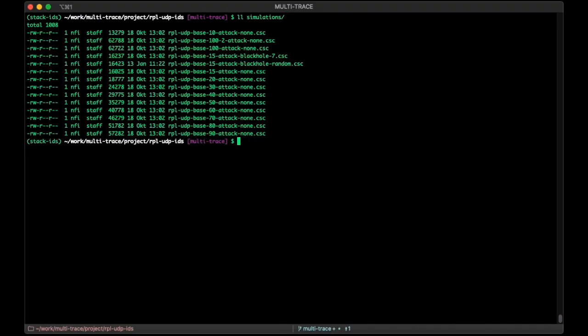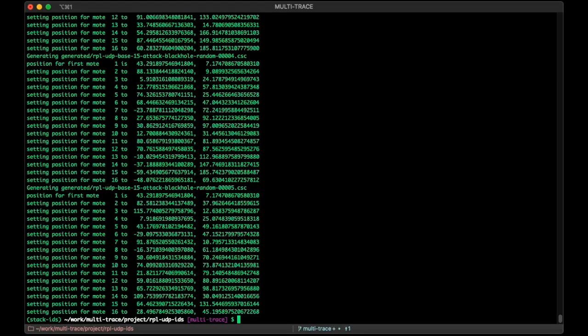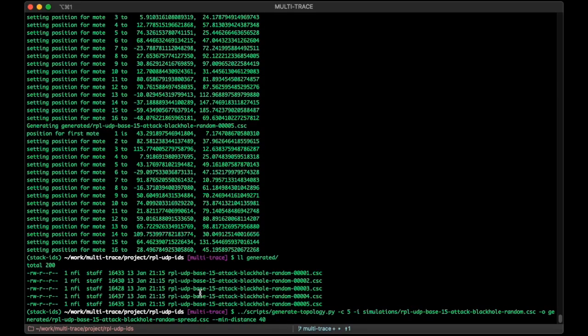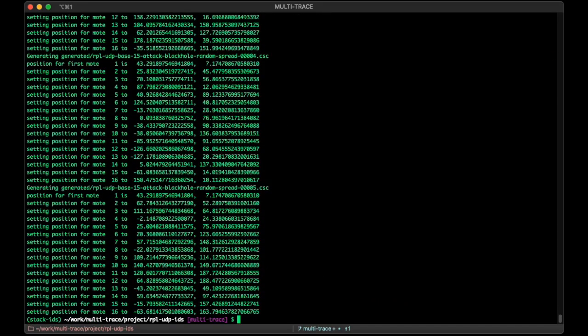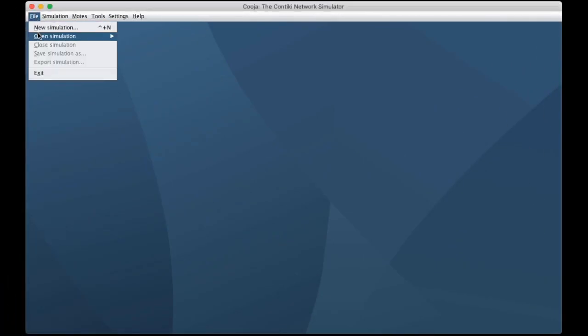But we usually don't want to use Cooja and run it one simulation at a time; we want a lot of different simulations. So we have scripts here that, based on a simulation, generate different topologies randomly with different constraints. For example, we start here by just randomly selecting positions, and here we tell them that the nodes should be at least a distance of 40 from each other, which will spread out the nodes more. And these are identical simulations except for the topologies. So if we load this,